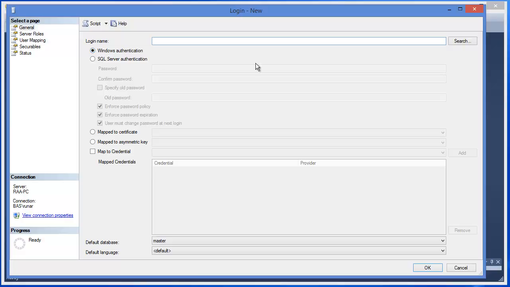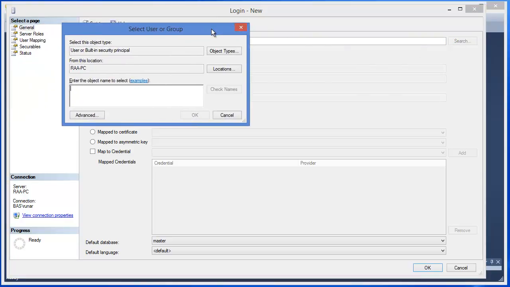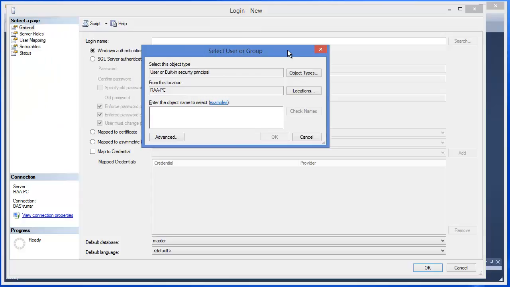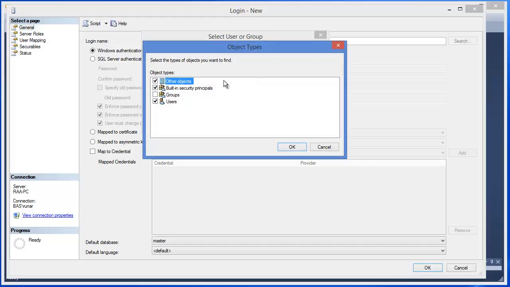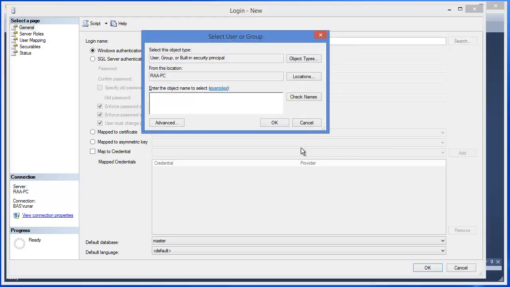Make sure it's set to Windows Authentication and click the search button right of the login name edit box. This brings up a new dialog that allows you to select a user or a group from the Windows users. First you can click Object Type and select if you want to include, for example, groups, in case you want to add permissions to a Windows group and not just a user. Then make sure you enable the groups into this dialog. In our case, we will add a single user, and